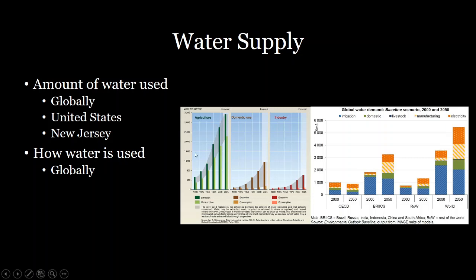And we use these trends, these gray lines, in order to predict how much water is used. And we can, for example, say how much water are we using in 2050. And we see here that in lower income countries, especially in those BRIC countries, as well as the rest of the world, we have an increased water use, especially an increase in water use for manufacturing, as well as electricity production and domestic water use. Whereas most likely in wealthier countries, that water use is going to be going down.